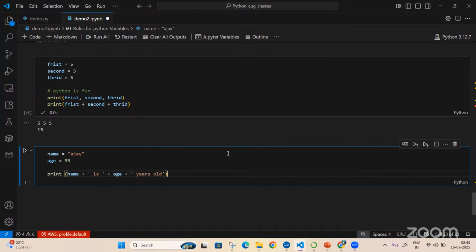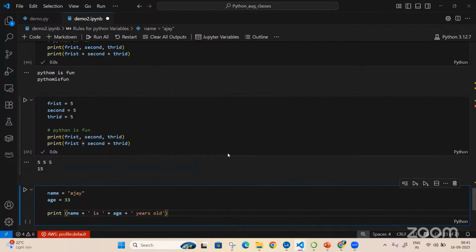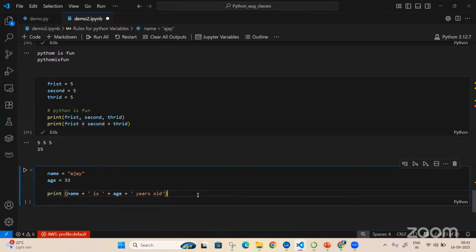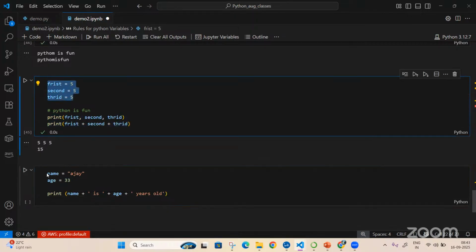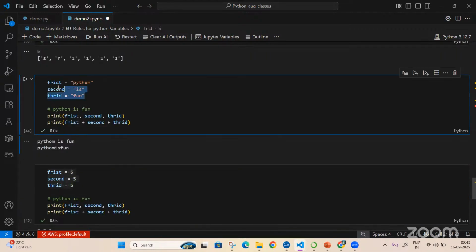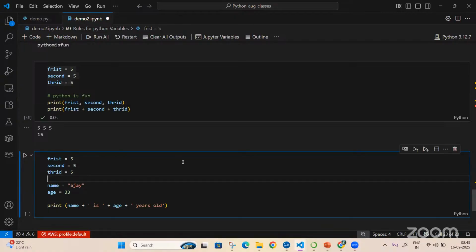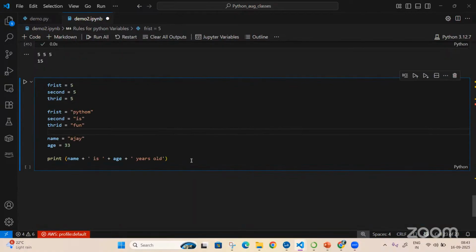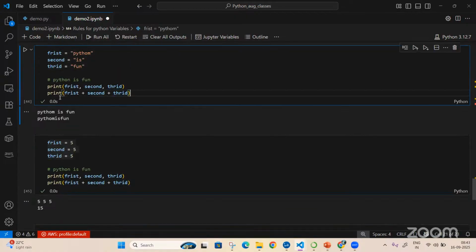Now again, I'll ask you to see these two things. What's the difference between this and this? It is doing concatenation. I'll put the same things here. What's the difference in this particular concatenation?